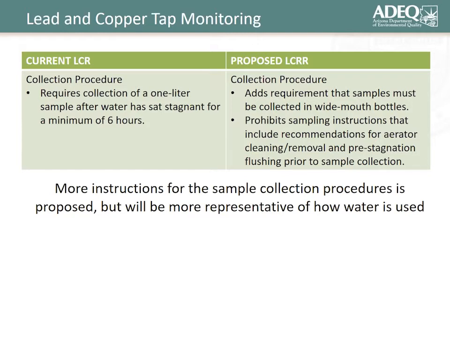Additionally, before a lot of the Flint investigation and understanding the bias in the sampling, a lot of systems did what was called pre-stagnation flushing, where they would flush the lines and the lines would sit for 6 hours, and we would only get a representative sample of what that water interaction with the pipes or scale may be within a 6-hour time period. So that was also part of that same memo that instructed water systems to start using wide mouth bottles. But under the proposed revisions, both of those sampling requirements will now be in rule.